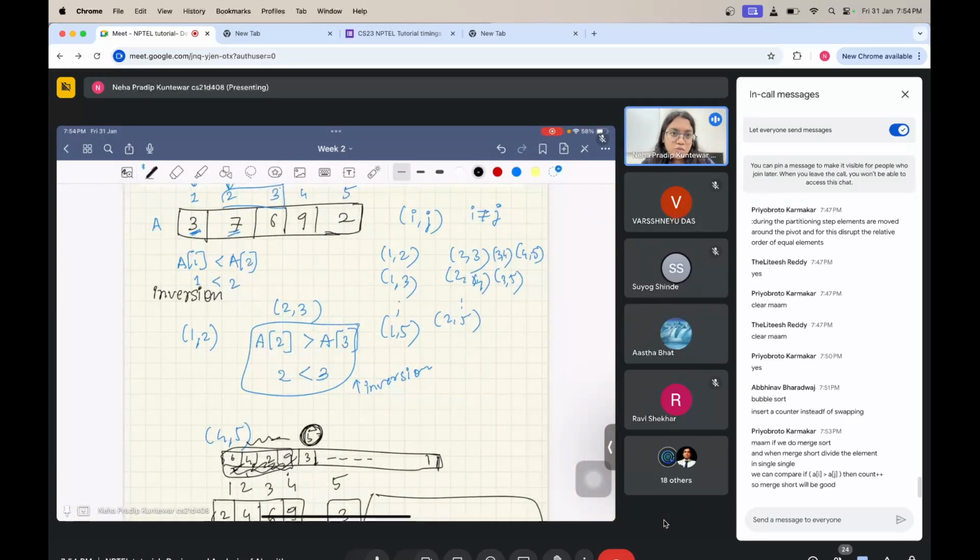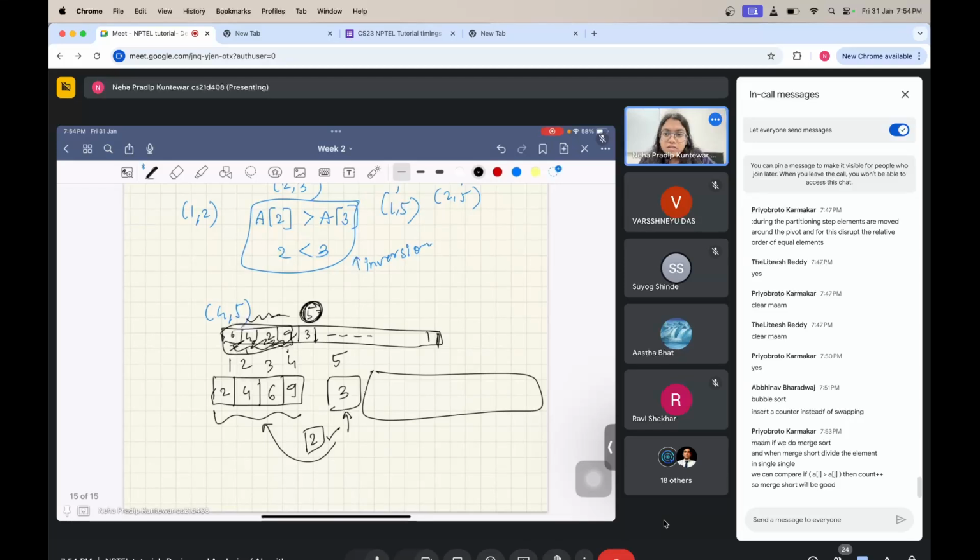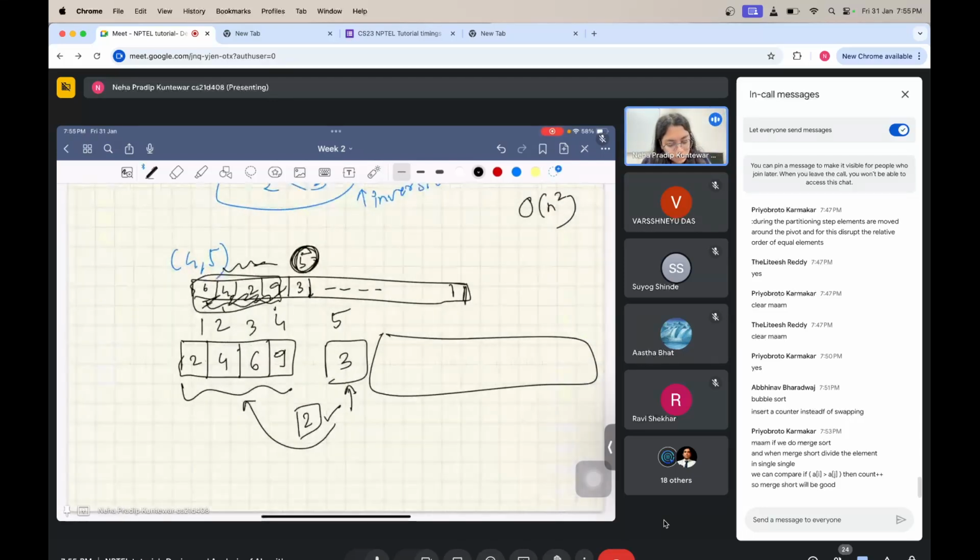So what will be the running time of that algorithm? Order of n square. Yes, you have two loops, and that will give you order of n square. Of course, you can write a program that goes through all ij pairs and see whether they are inversions. Okay, so the reason why we are talking about this is that